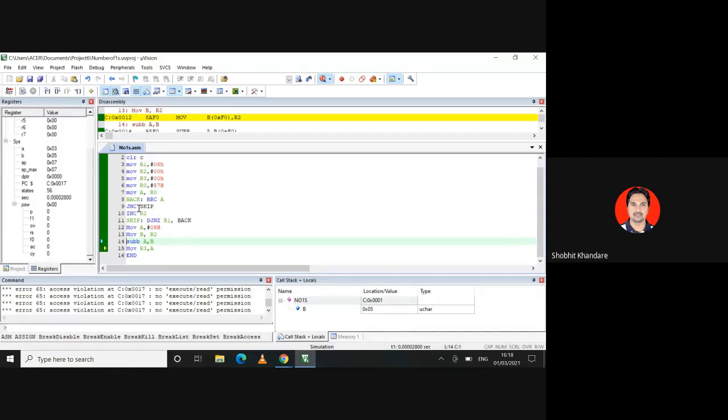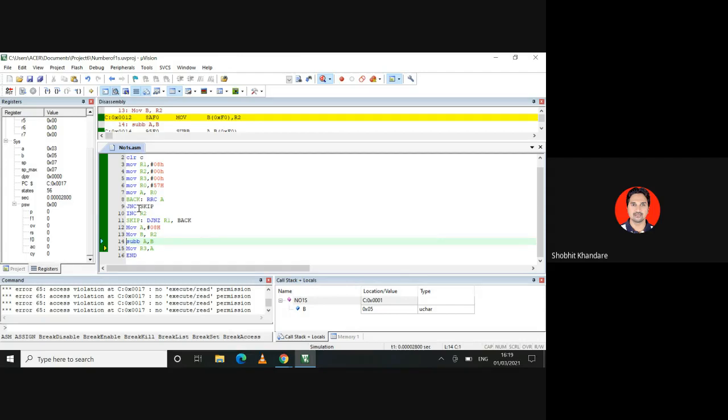I just want you to implement what logic you can use, and depending upon that logic you will write the program. The program is very simple, hardly 7 to 8 lines, including your ORG and END. Only an 8-line instruction program is there once you convert from BCD to ASCII, and the same thing you can implement for ASCII to BCD.